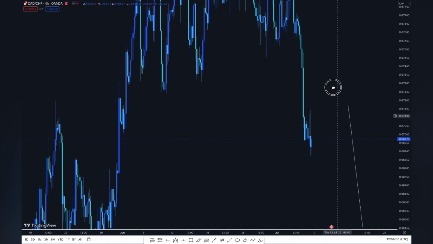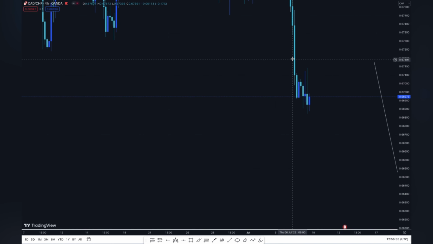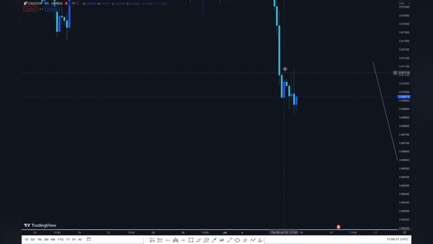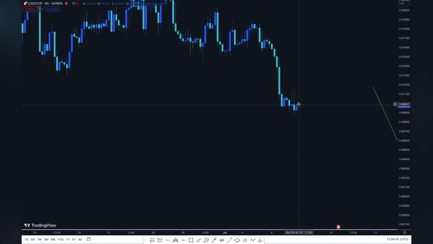which was like impulse, correction, and then an impulse. So currently we can see that the market just finished the impulse. It is trying to create a corrective phase. So whenever I have this kind of corrective phase, the